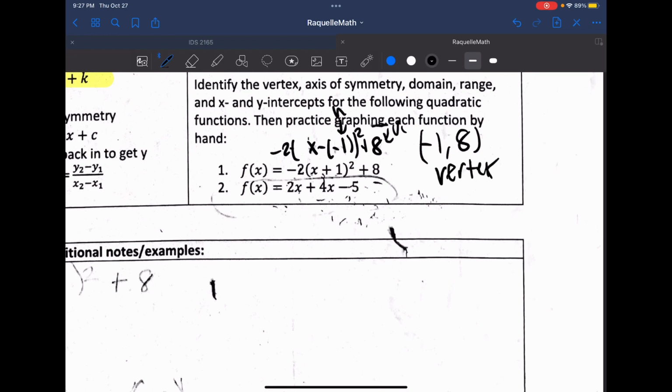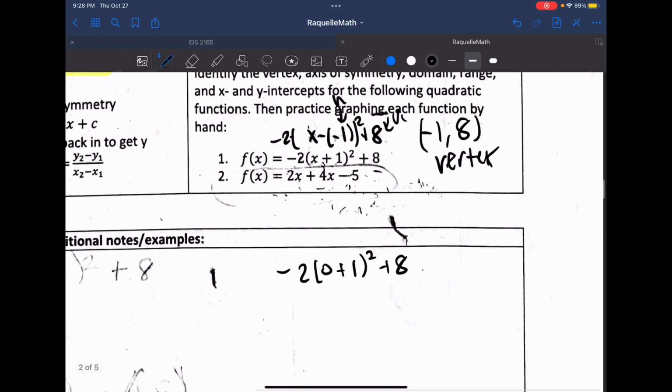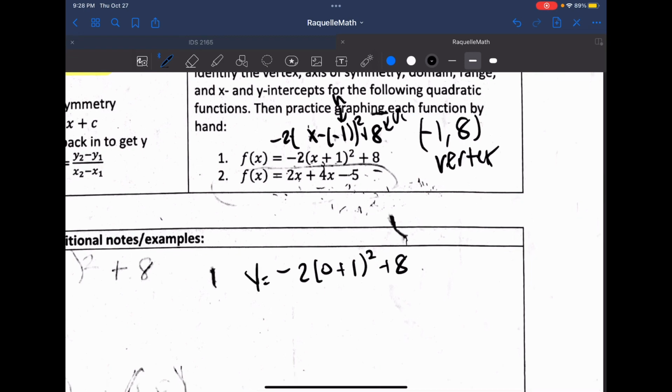This means it's an important part. At this point, it's hard to tell if it's the maximum or minimum. So we have to find the x and y intercepts. So to find the x intercept, oh no, let's start with the y intercept. To find the y intercept, you do negative 2 times 0 plus 1 squared. If you remember, that's how you find it, because you're trying to find what y equals when x is 0. So then you have negative 2 plus 8. So the y intercept should be